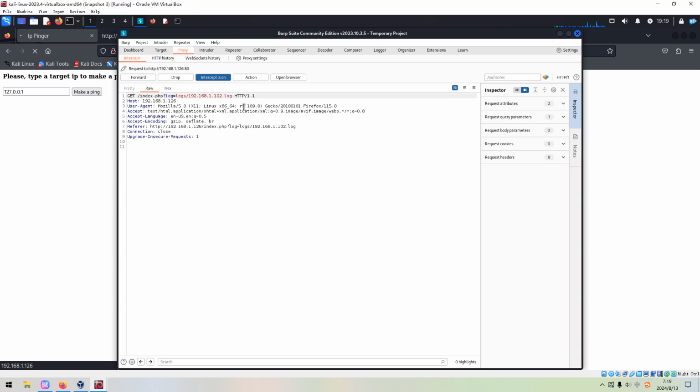And next we can trigger another request, and next we try to access the access log. As we know, by default the access log for nginx would be here. Let me show you. var log nginx access log, and then we can forward.